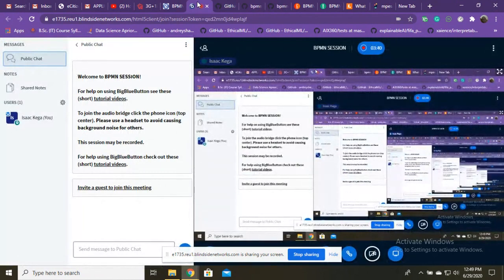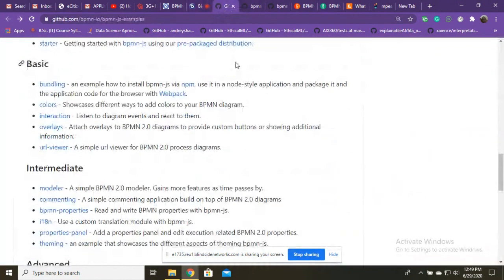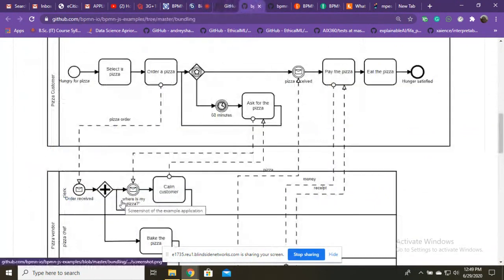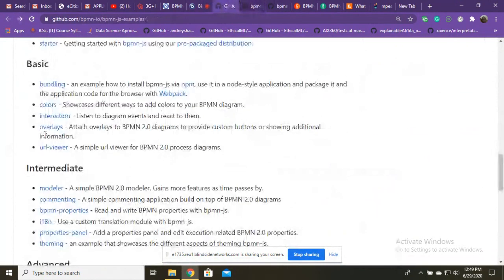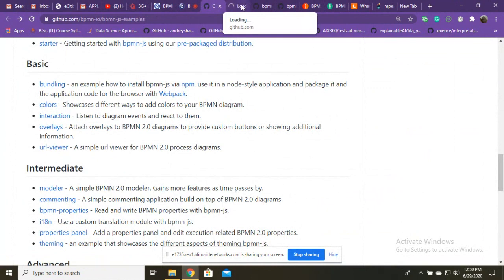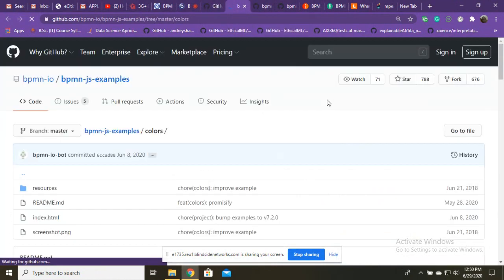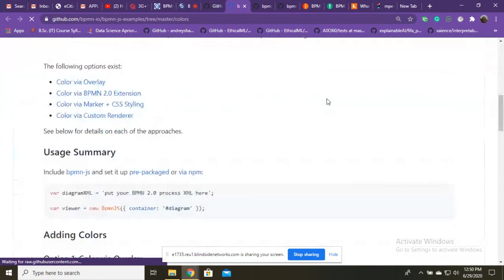With this kind of a scenario, we have several models which you can do, and which you can even try and look at. For example, we have colors. With colors, have they been able to model with colors. So with this GitHub repository, you can actually play around and come up with